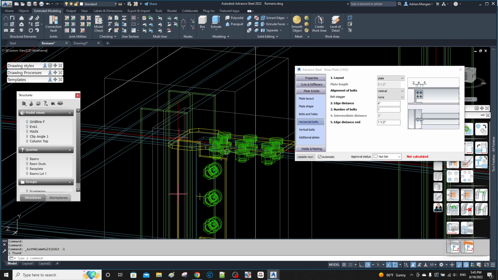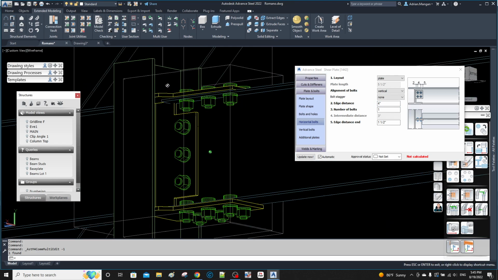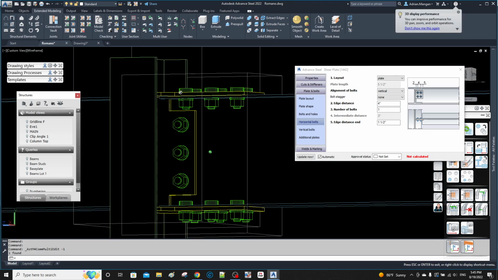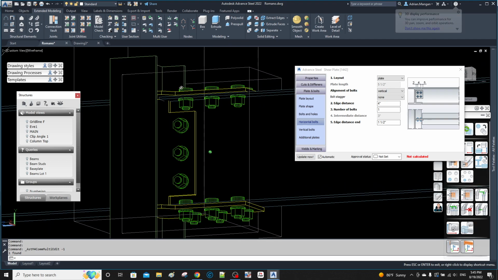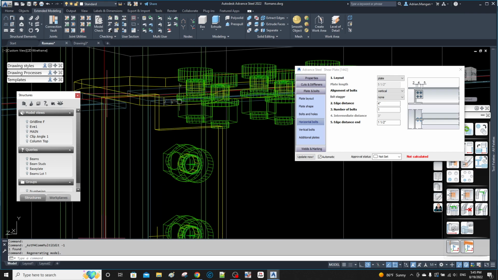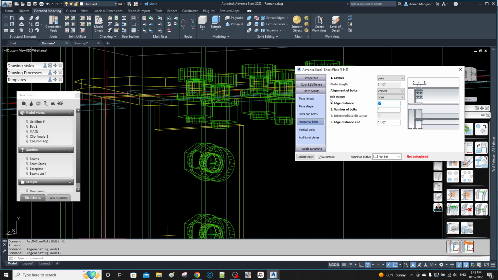Now you can see my plate is pretty good, but it's not perfect. And we can see that my beam is still a little bit too long, right? Because it's hitting on the top and the bottom. So what we're better off to do is maybe make that beam a little, shorten it out a little bit, right? So let's go back a little more. If we do 5 inches there, and we'll do,